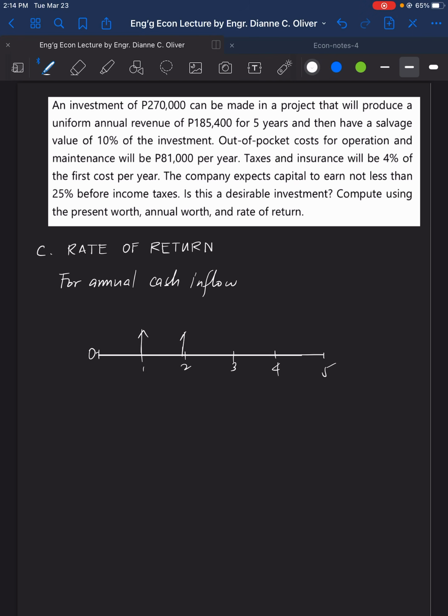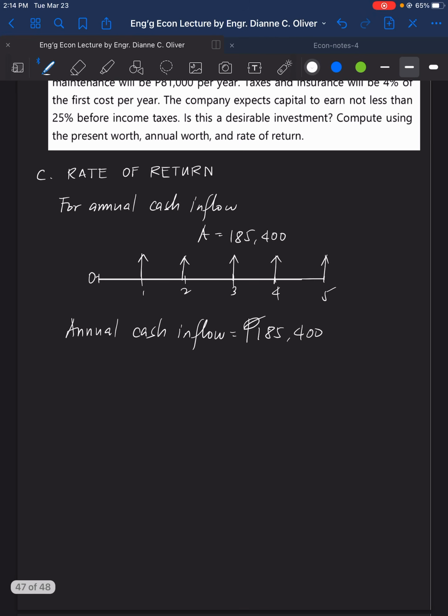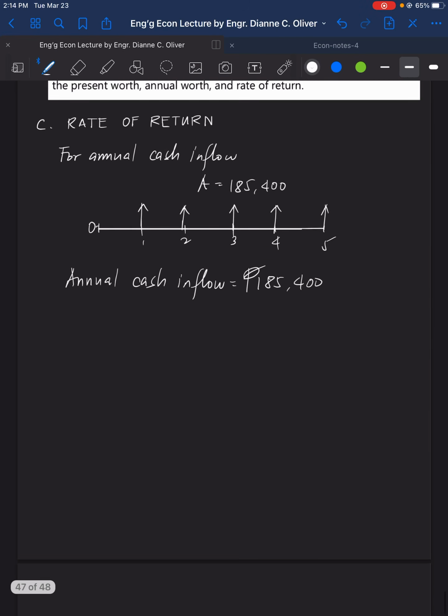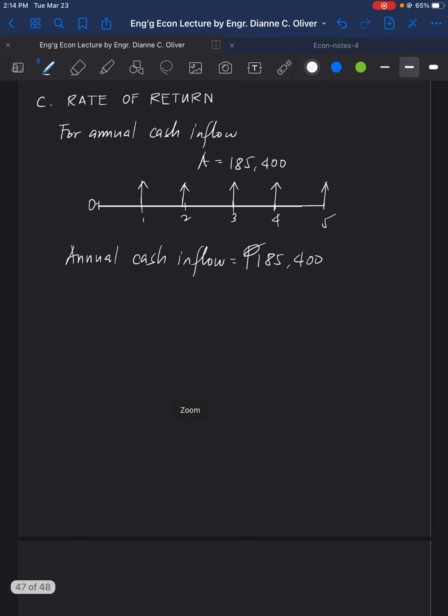Cash inflow yearly, A is equal to 185,400. Okay, so that is there. So annual cash inflow is equal to 185,400. For the annual cash outflow,